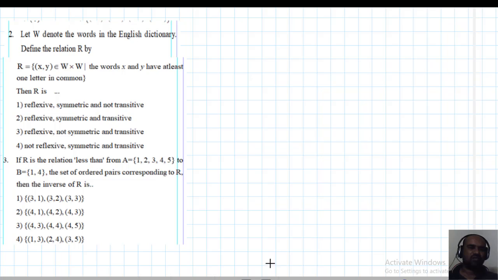Okay, so next problem. An interesting one. W denotes the words in the English dictionary, with a relation R defined as R equal to (x, y) belonging to W cross W, such that x and y have at least one common letter. Interesting problem. Observation: x related to y implies x and y